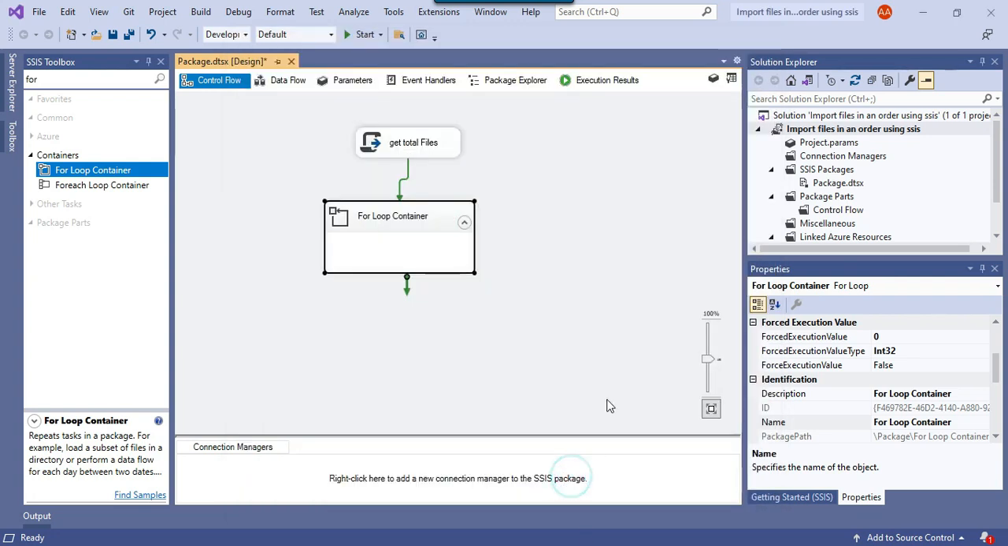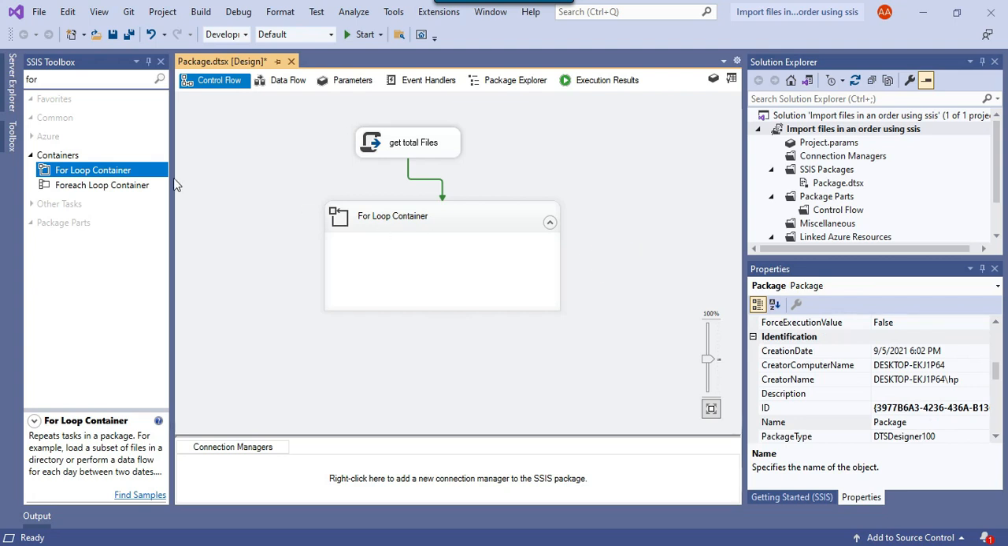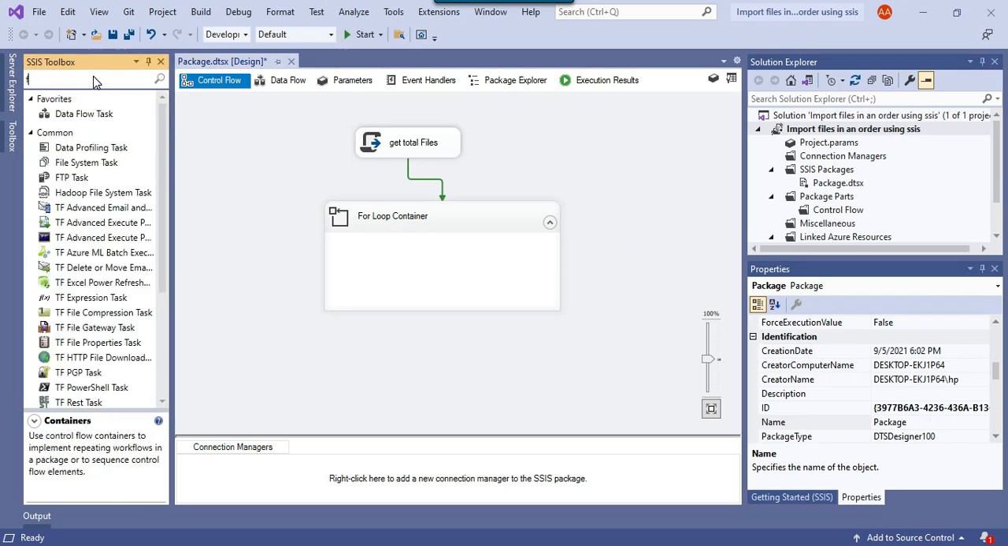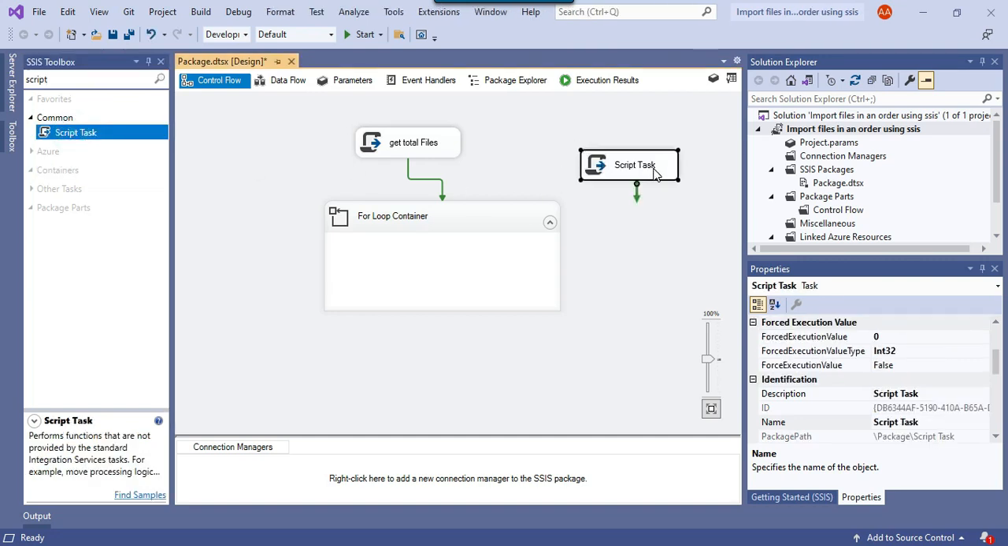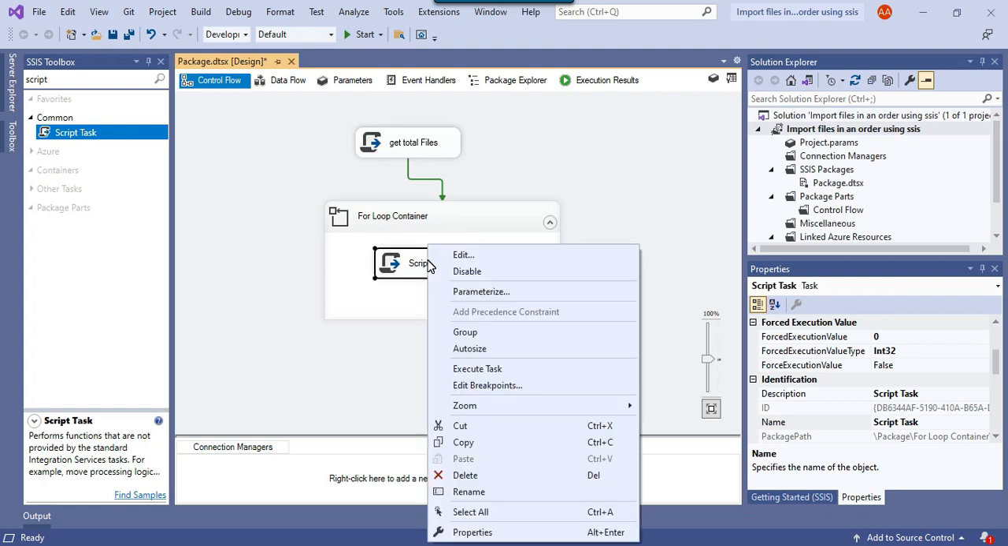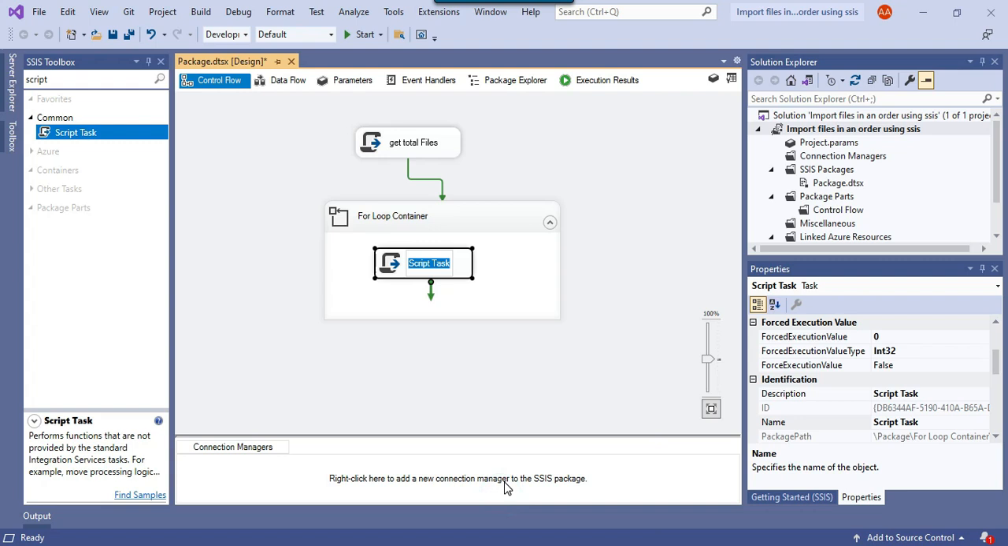So just click OK. And now in the for loop container, the first task that we will insert is the script task, because in the script task we will get the oldest file, and then the next task will be the data flow task. In the data flow task we will load the file, and then the third task will be the file system task, in which we will actually archive the file or move the file from the source directory to the destination directory. So maybe you can call it like get oldest